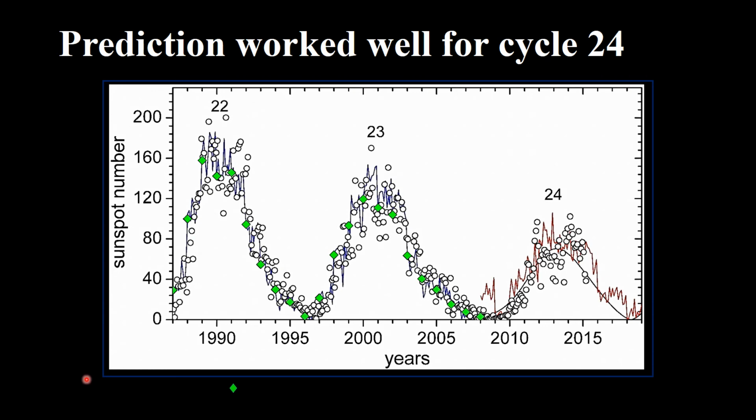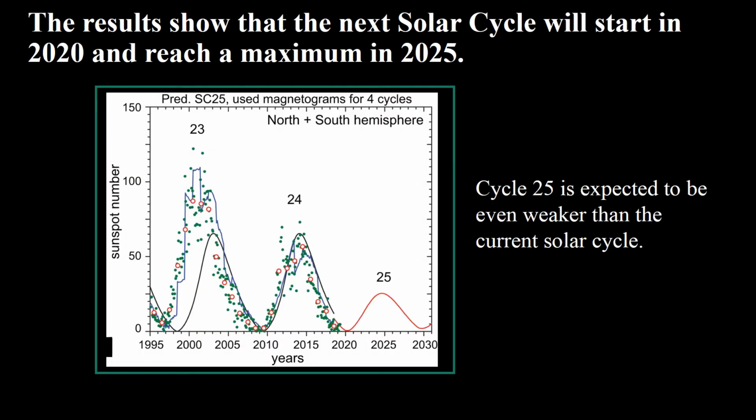So what does Irina Kirishvili's prediction say about the next solar cycle? Well, the prediction is that the next solar cycle will start in 2020, and is expected to be 40%, 50% weaker than solar cycle 24, which is weaker than the one before, which is weaker than the one before. So we're in a declining